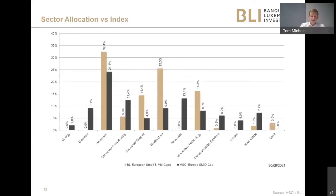Okay, so what is the sector allocation of the fund? As you can see, we strongly deviate from the index. As I mentioned, I have an overweight in industrials, healthcare, and information technologies, as well as in consumer staples. But when you don't have any energy names or financials in the portfolio, utilities or telcos, of course you are completely underweight these sectors. And cash, I got 3%, which is the quite normal percentage of cash that I have